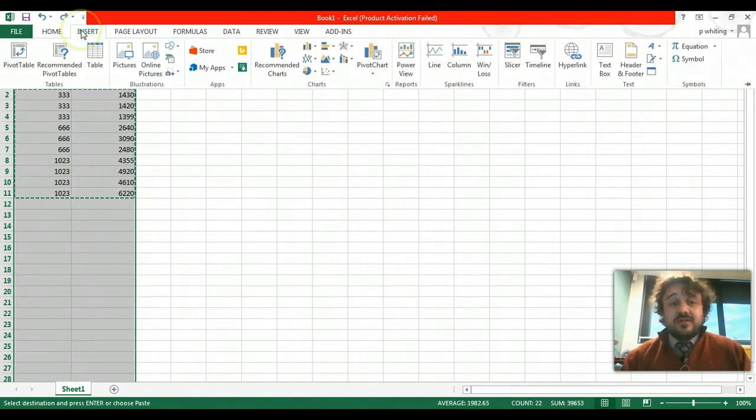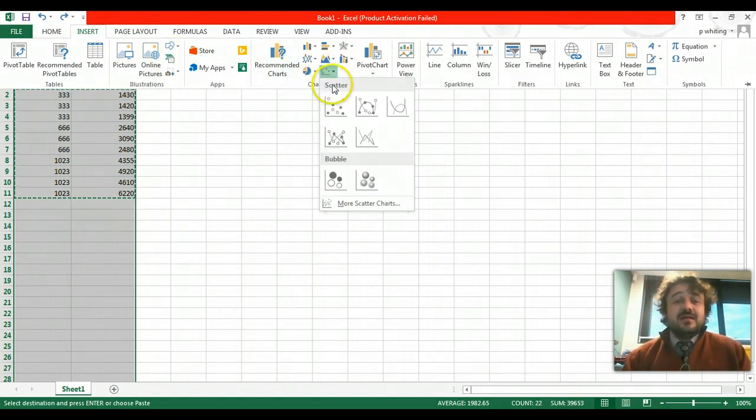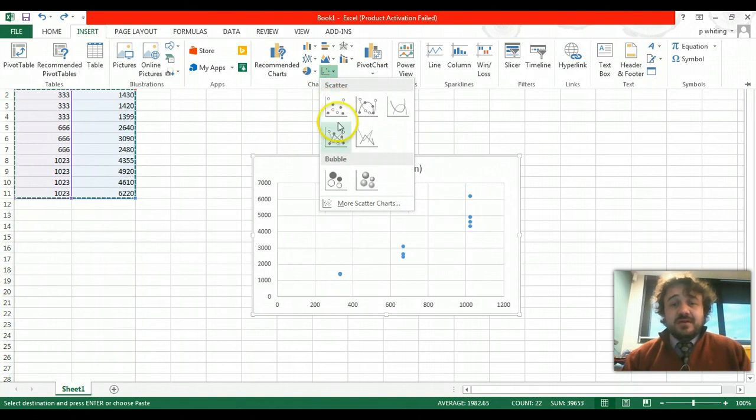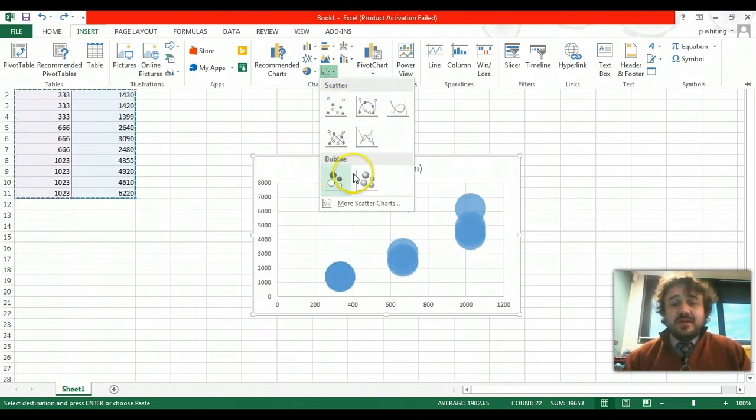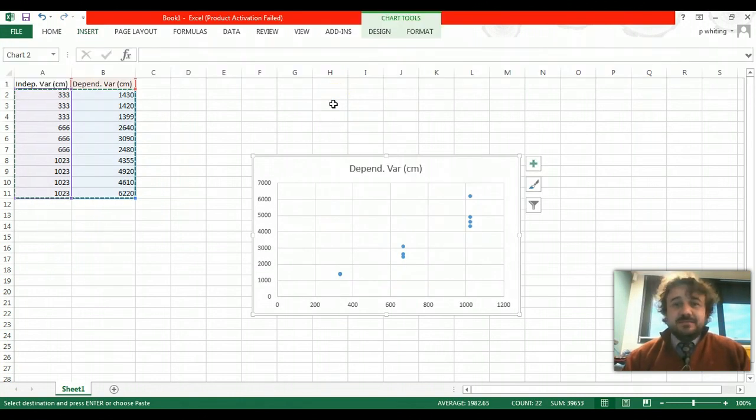We go to Insert along the top ribbon here. Now we want to insert a chart, but it's this guy here. It's an XY scatter chart. Now you've got these ones, and we don't want any of those. We want it to be nice and simple, easy done. Okay, now we're going to change the title of our graph, and it should be the dependent